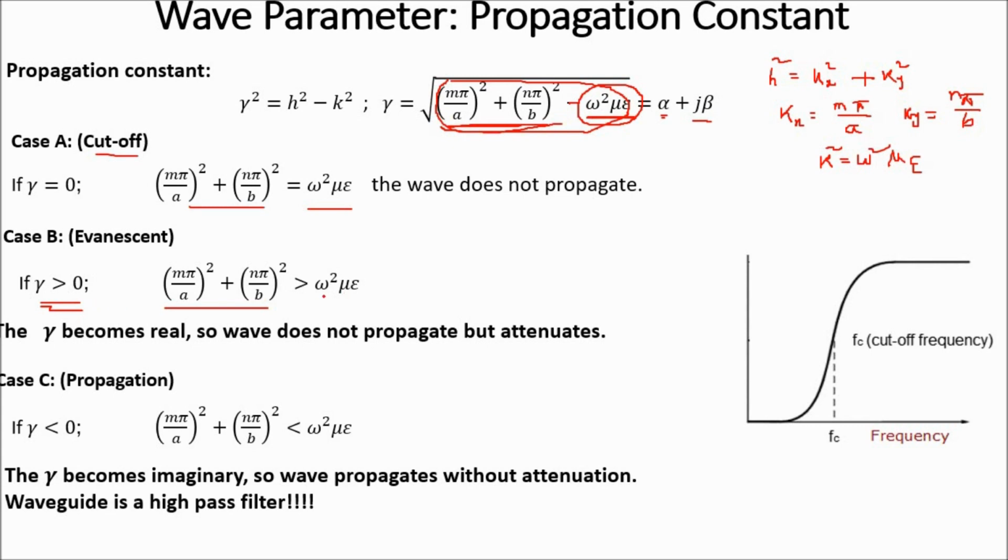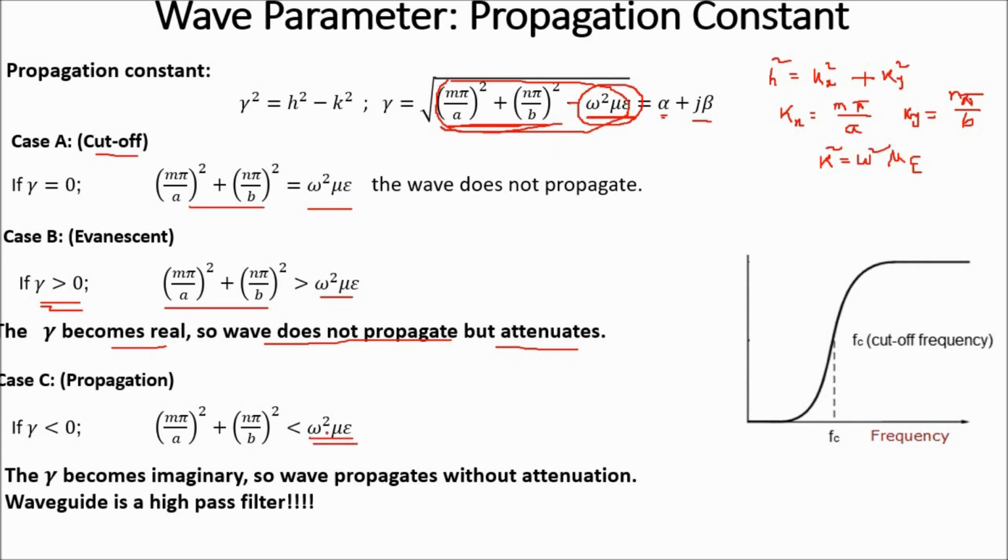That means gamma becomes a real value, so the wave will not propagate but attenuates. At this frequency, the waveguide will attenuate the signal, so the entire signal will die out inside the waveguide. And in case C, if omega is